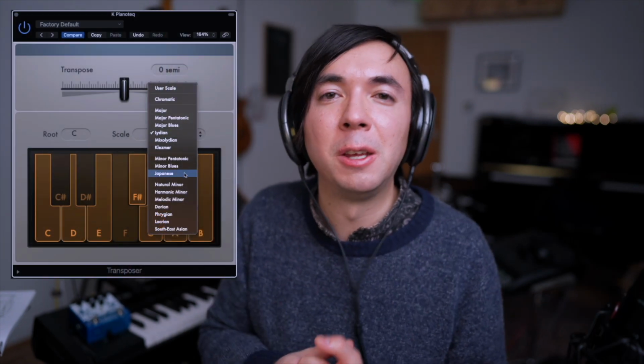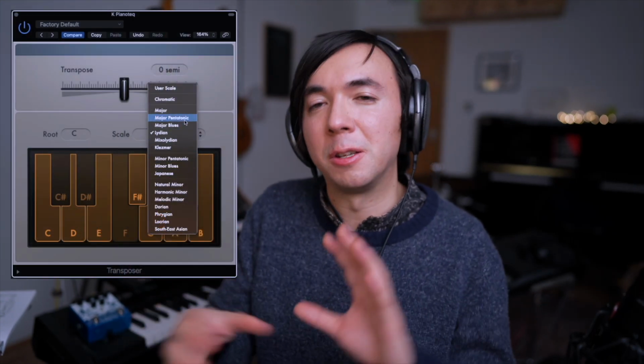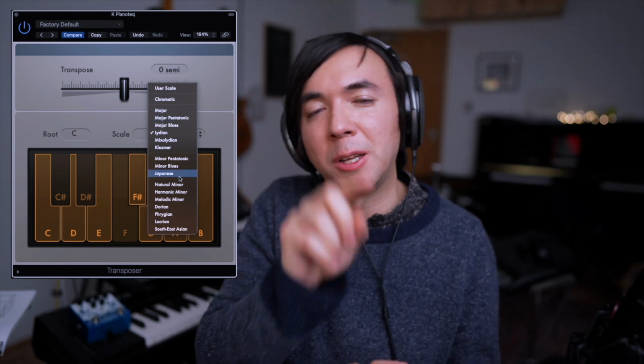For modal sequences, it's a little trickier because you have to stay within the scale, but some DAWs have a scale lock feature. In the latest version of Logic, there's a scale lock feature in the transposer which you can set to record the output from, so it's possible to do it in a slightly clunky way.